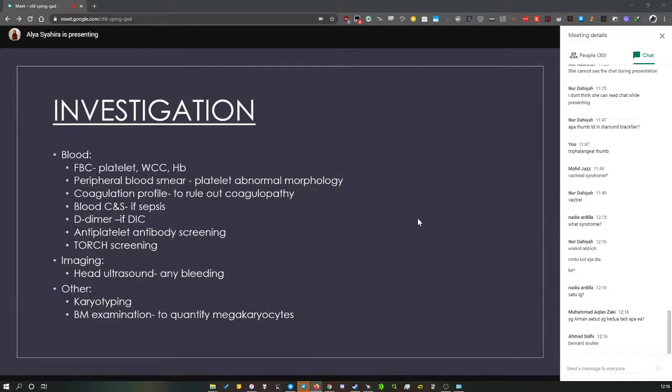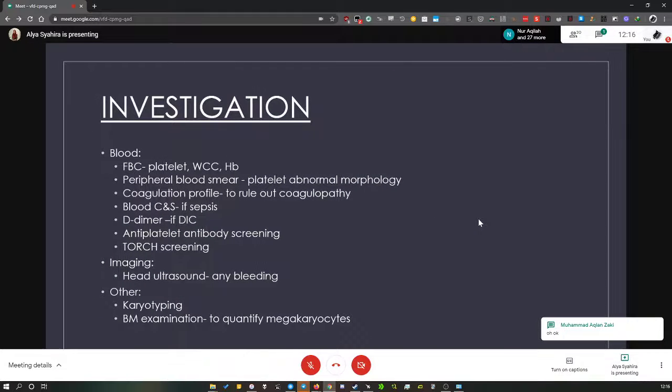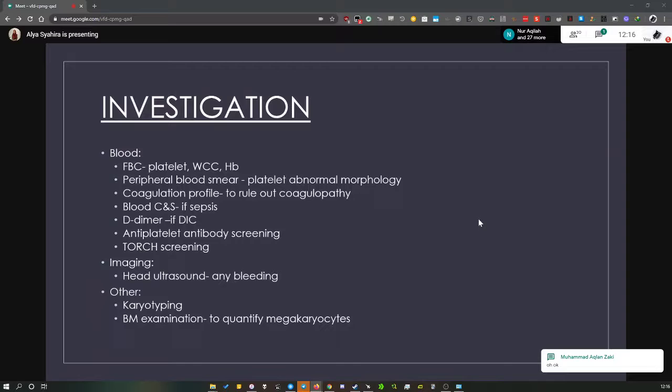And then imaging, we can do a non-radiative method, which is head ultrasound, to see if there is any bleeding. Usually we do the head ultrasound if we suspect the baby to have any intracranial bleeding, usually in the severe type of thrombocytopenia. Other than that, we can also do karyotyping because some syndromes are said to be associated with